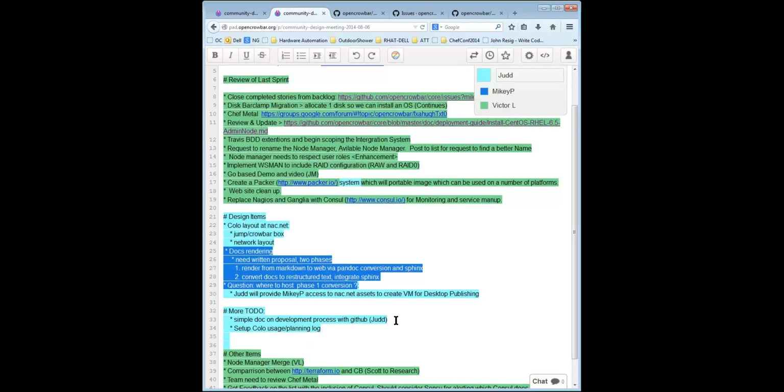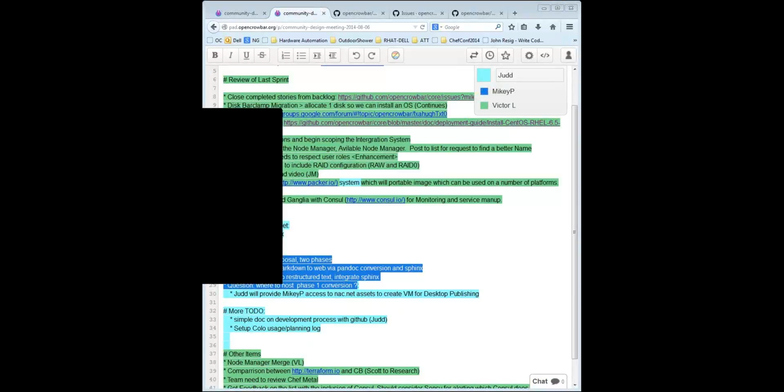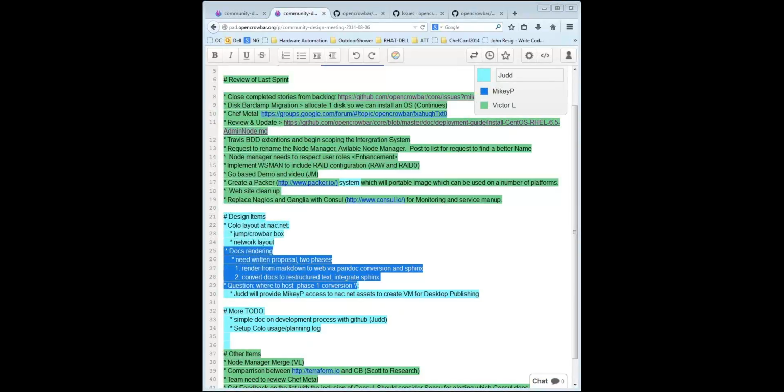Which takes us nicely into our next subject, which is, okay, so we got some colo space and we've got 3 Supermicro boxes with 500 gig drives and some nice Xeon chips. I haven't actually logged into them yet. I can log into one of them and see what they look like. I have a naming convention for the IPMI NICs versus public NICs, but all that has to change, and we've got to get IPMI off the public network.